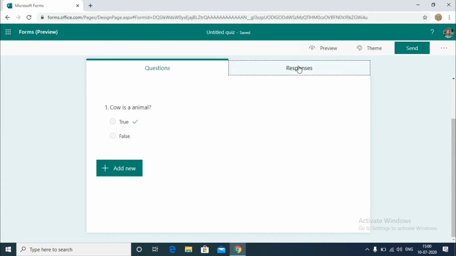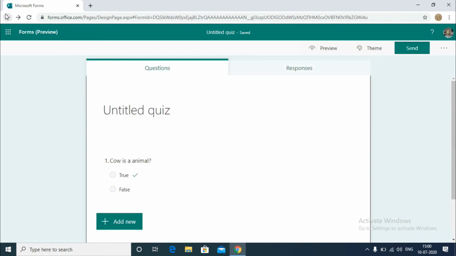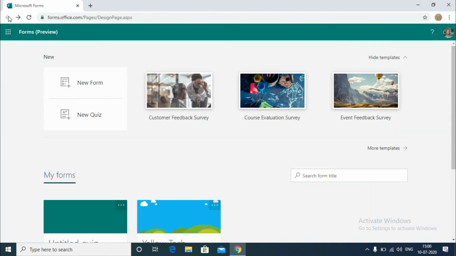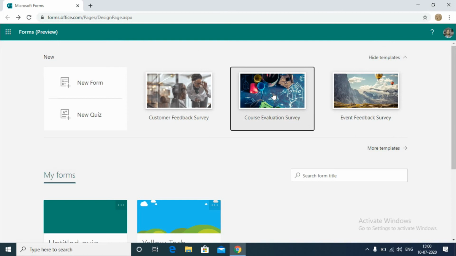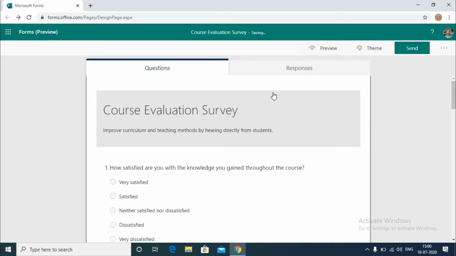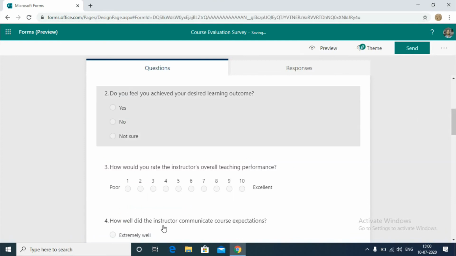I think you get some brief idea about these quizzes. Or we can also add, there are some forms already built in as templates. If you click here, we can use that template directly, just changing the main heading and maybe the questions like this.